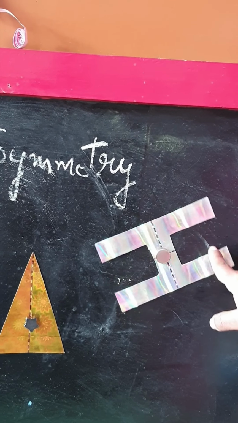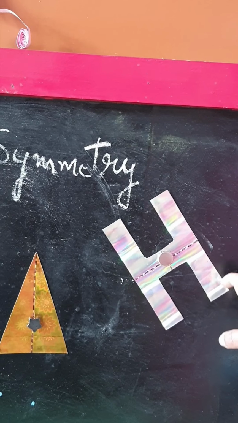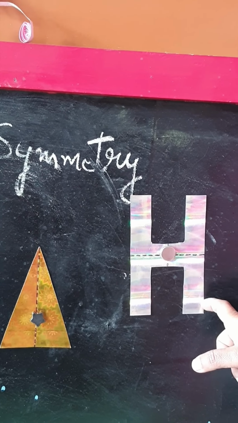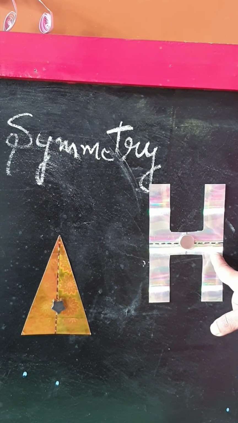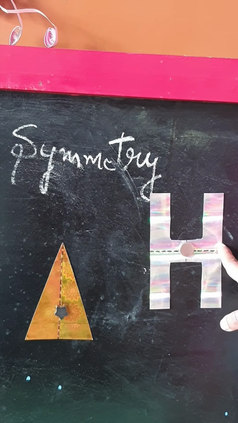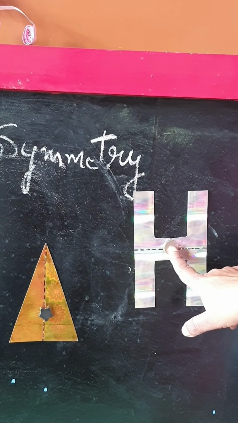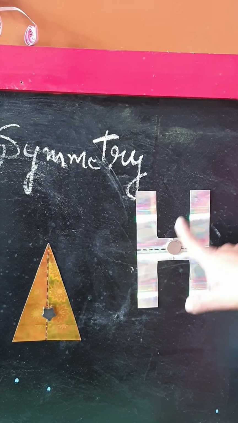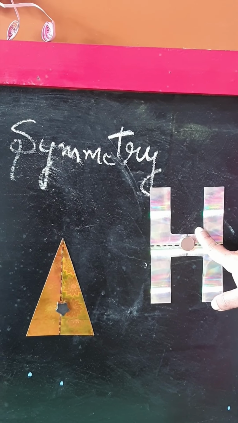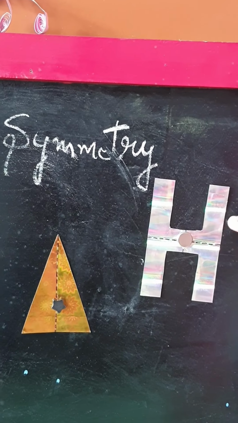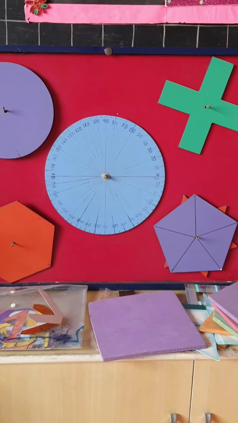Then I move it to 270 degrees. It's not. And then 360, complete, it's taking back its shape. In the whole complete round, it has taken back its shape twice. So 2 is the order of rotation symmetry, the order here for H is 2. This is the center of rotation, and the angle of rotation symmetry is 180 degrees. So order is 2 and angle is 180 degrees in the case of alphabet H.